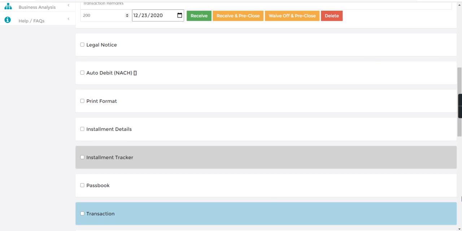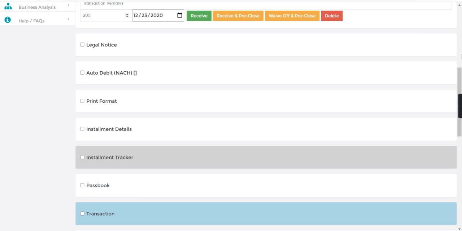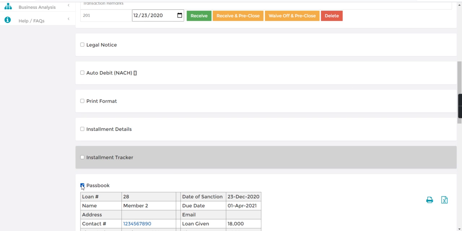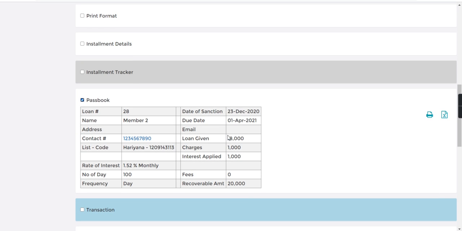So let's go and check the passbook. Here you can see loan given is 18,000, charges received 1,000 and interest received 1,000. So total recoverable amount is 20,000.